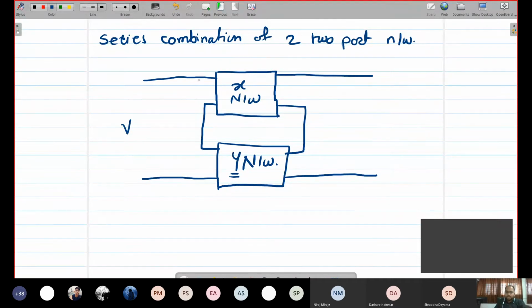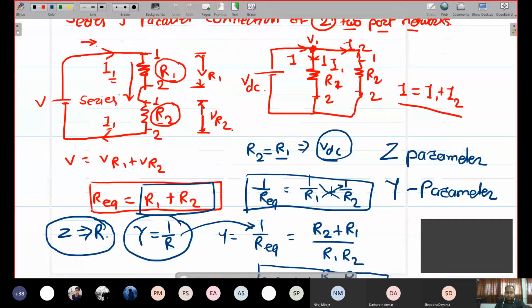Let us mark this current entering as I1, and this current is entering this X network, so that's why we are terming it as I1X. And what about this? Will it be the same or different? Recall your previous diagram and check whether it is the same or different. Whatever current is entering will be leaving, isn't it? So it must be the same, I1X.